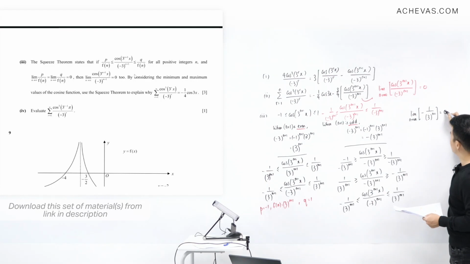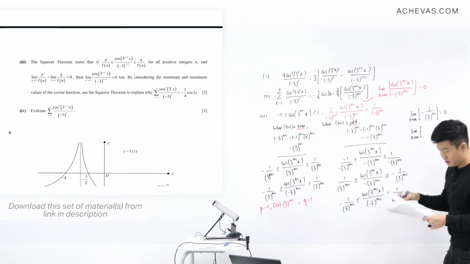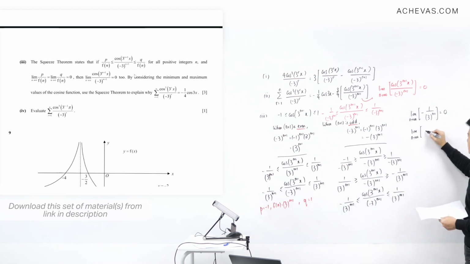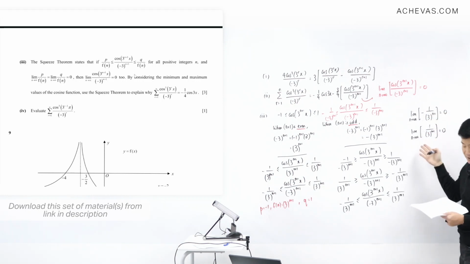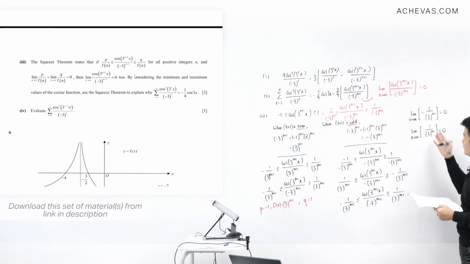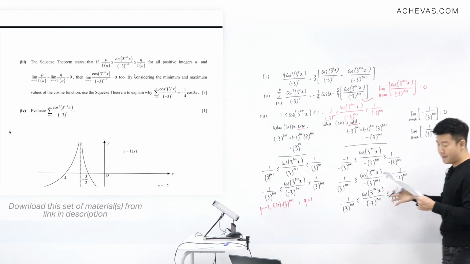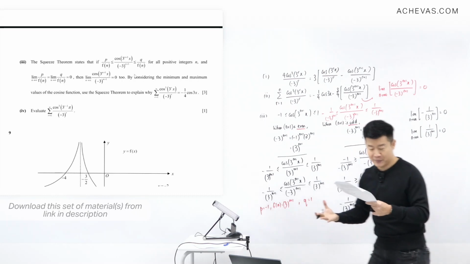This is going to be equal to 0. And the limit when n tends to infinity of this other expression over here, 1 over 3 to the power of n plus 1, we can see that when n tends to infinity, this entire expression becomes 0. So if this becomes 0, this also becomes 0. Therefore, by the squeeze theorem,